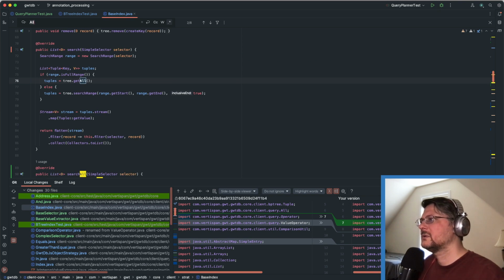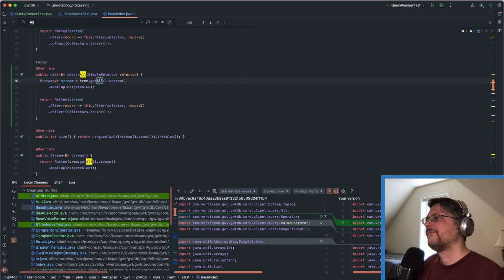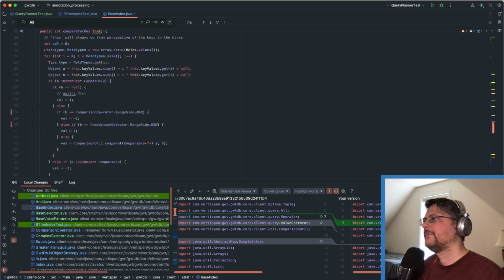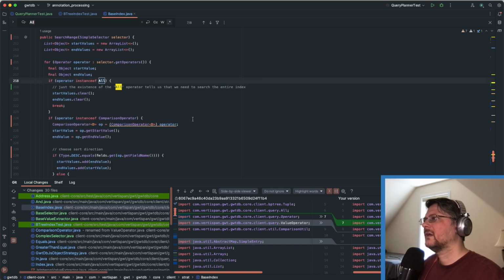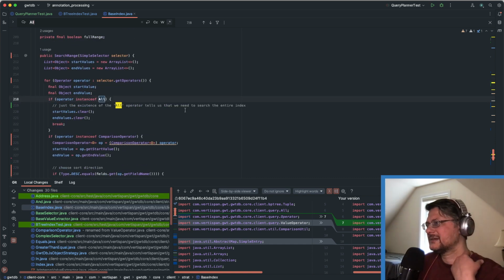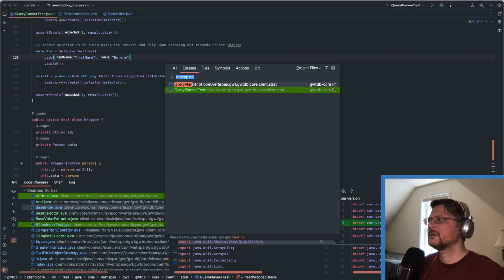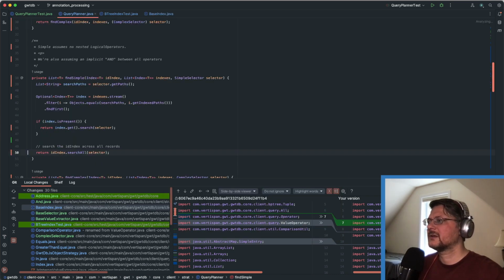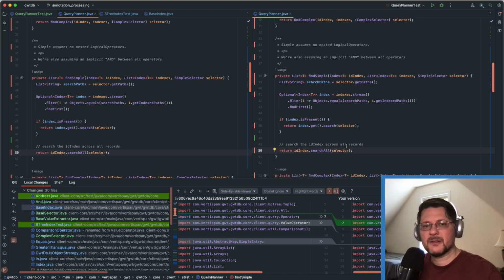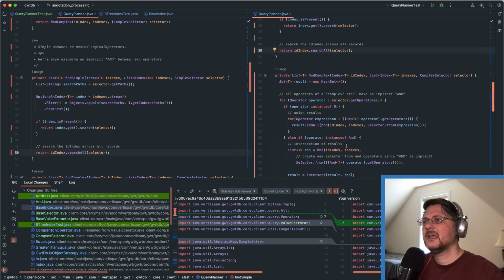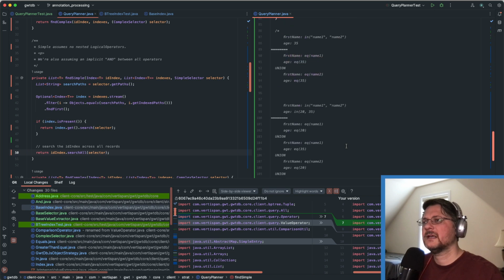This is all used for. Now it's in the other search range. I still need, I don't think I actually need to do this anymore because in the query planner. Oh, there's a query planner test. For some reason, it doesn't look like it's highlighted in this particular theme. In here for the find